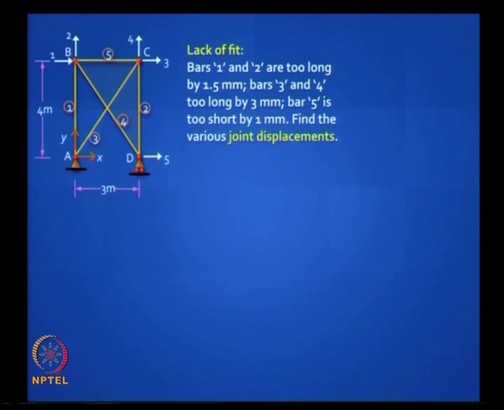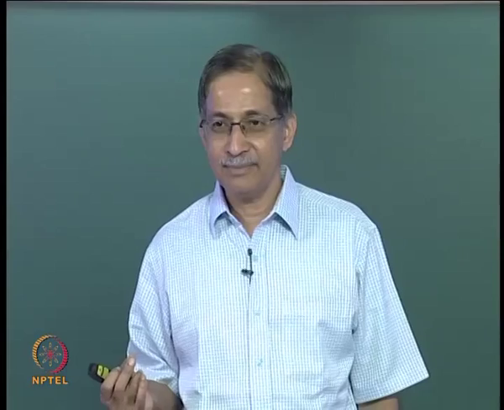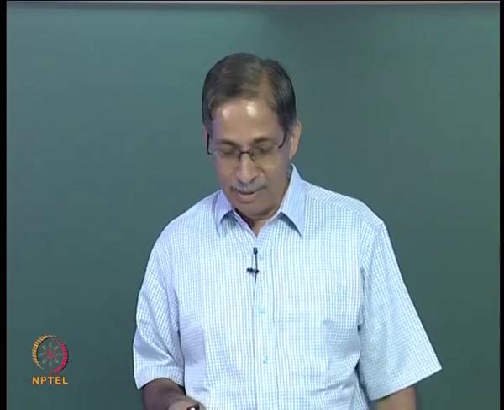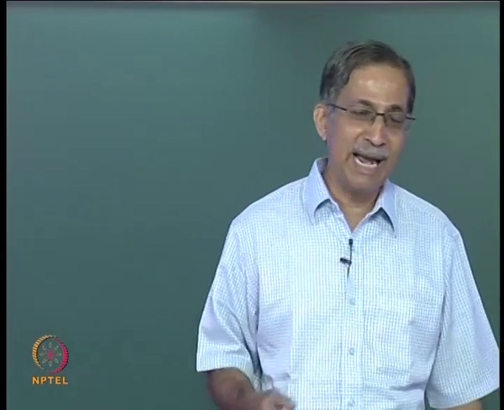Well, most people will have to necessarily either do this by geometry or actually do the experiment and then measure how much it moved. But if you are intelligent, if you are brilliant, you can invoke this beautiful contra gradient principle and get it in a jiffy. How do you get it in a jiffy? Well, first you have to convert these into the language of matrices. How will you write that?